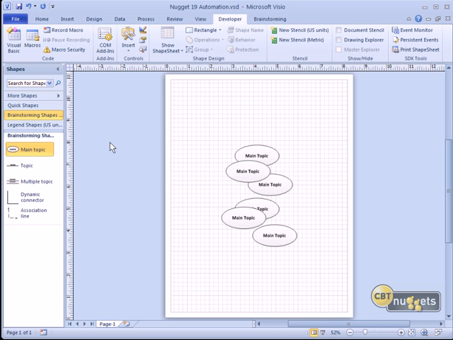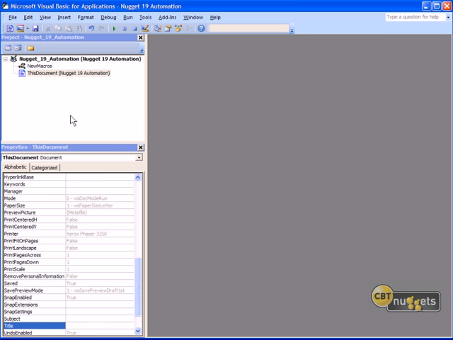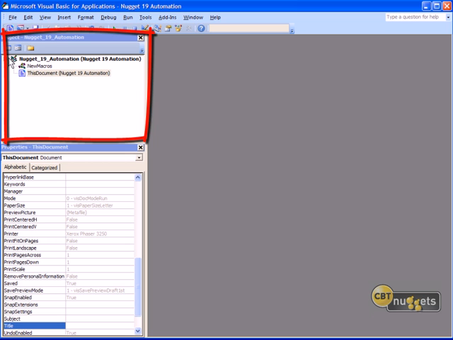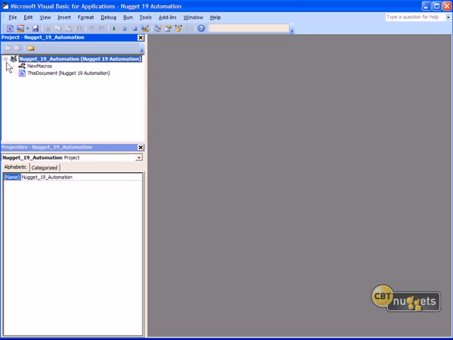Now, I mentioned that you can edit and customize these macros that you use the GUI recorder for. You do that in the Visual Basic editor, so let's go back into that editor, and I want you to see something. In the upper left we have a pane called the project window, and the root node is the name of the file. Now in your Visio session, if you open up additional files, you're going to see additional root level entries in your project window. That's because you have just one instance of the VBA editor, no matter how many Visio documents you have open simultaneously.